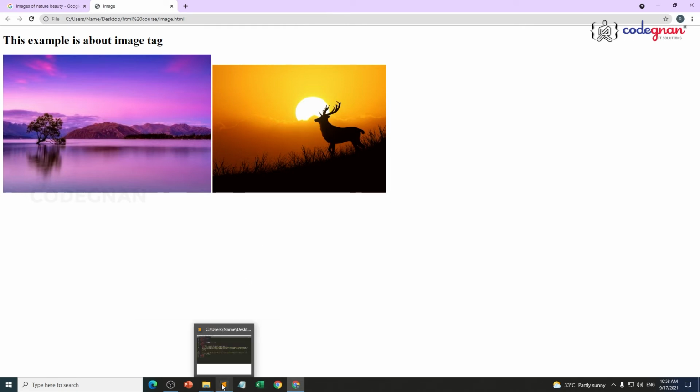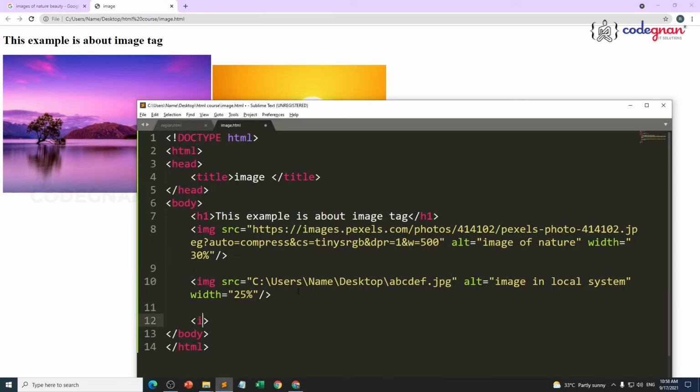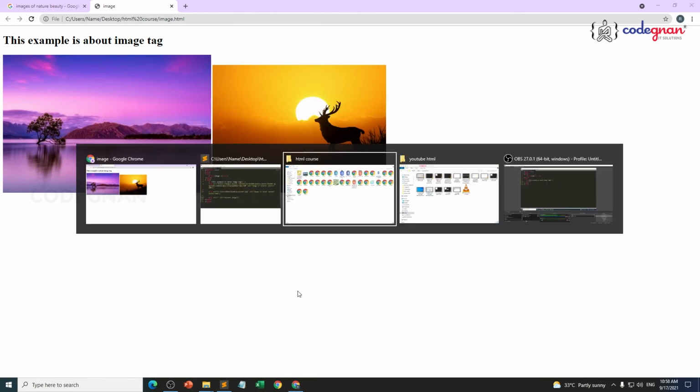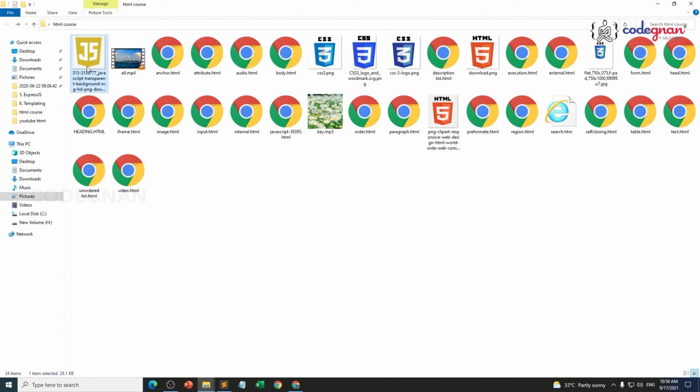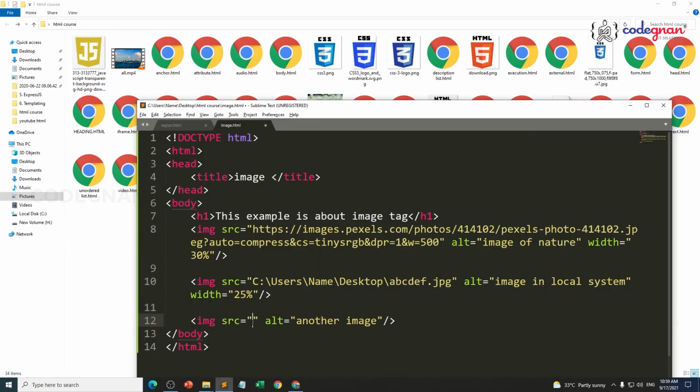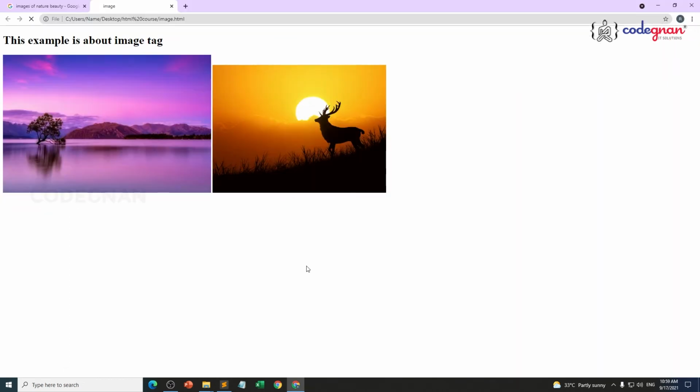Let me show you one more example so I can clearly understand. img src equal to, alt equal to another image. Is there any other image? Yeah, I think I'm having one more image. This is one type of image, download.png. It is a PNG format extension, guys. You have to clearly provide the extension also, whatever type of image you are having. Must and should. The PNG image is also working successfully.